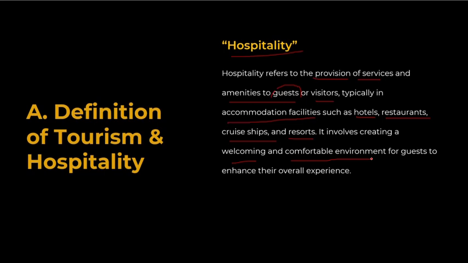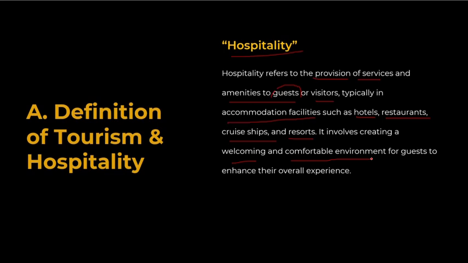Those are the important traits that a hotelier must possess. If you don't have those traits, you need to develop them. For 4 years you need to develop that while studying, and you need to practice it not just in the campus but also in your